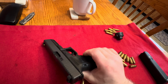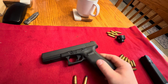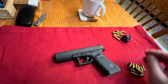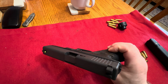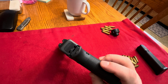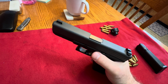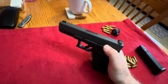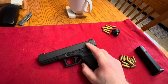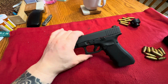I don't find it to be a real issue, because the gun works fine. It's just that aspect and knowing that happens with it. And it's a fairly common thing with the Gen 4s, and it only happens half the time too. I read a thread where somebody said a Glock tech said to reset the trigger by pushing the trigger bar forward. I've tried that and it still doesn't work sometimes. So to me, it's definitely the little thingy in the slide that sticks down, the striker reset thing. I don't find it to be a big deal, but